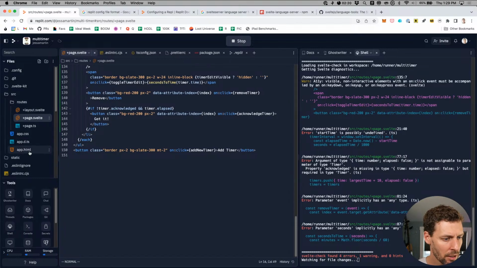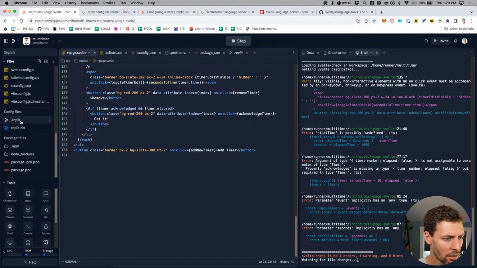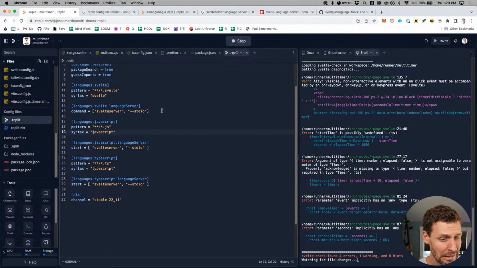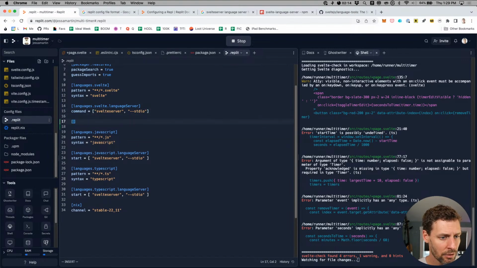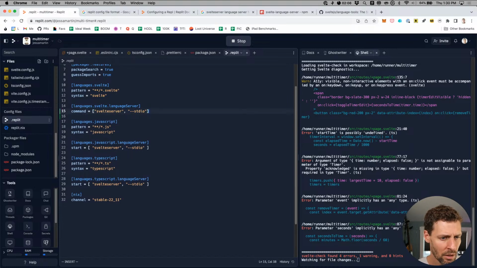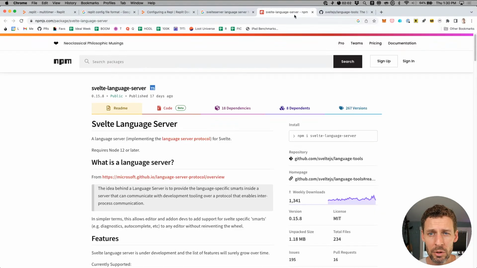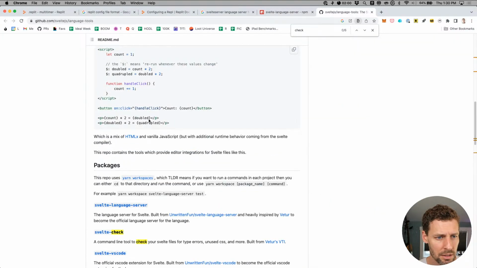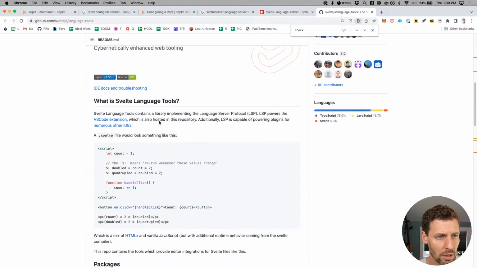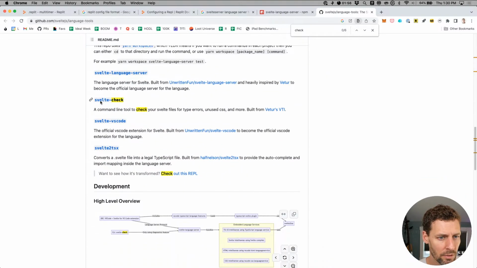And maybe there's the ability to add it to the custom Replit thing here. Maybe not. I don't think there's any auto-completion in this file, is there? I don't think so. Okay. There might be some additional commands I could pass into the language server when I'm starting it, but it looks like they might be entirely different things. So in the GitHub, there's Svelte language server, but then there's the SvelteKit as well.